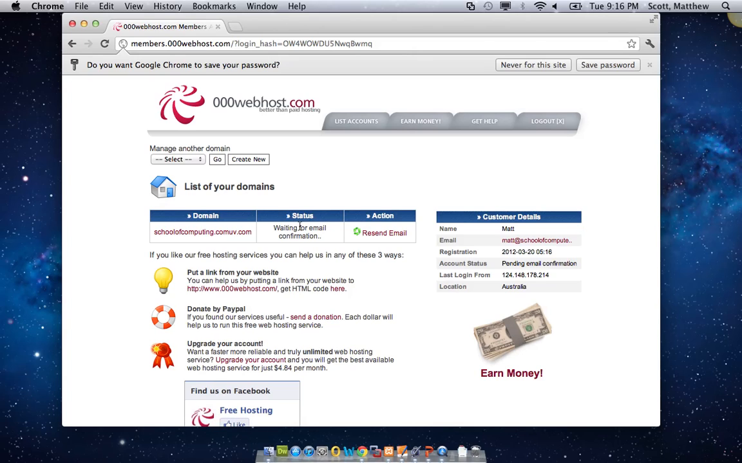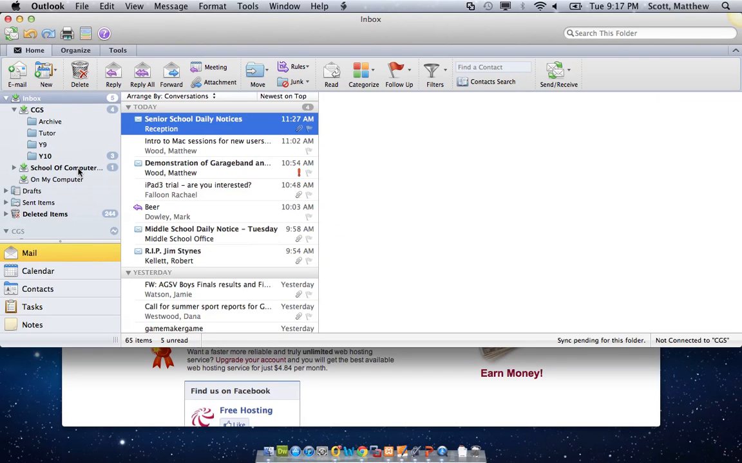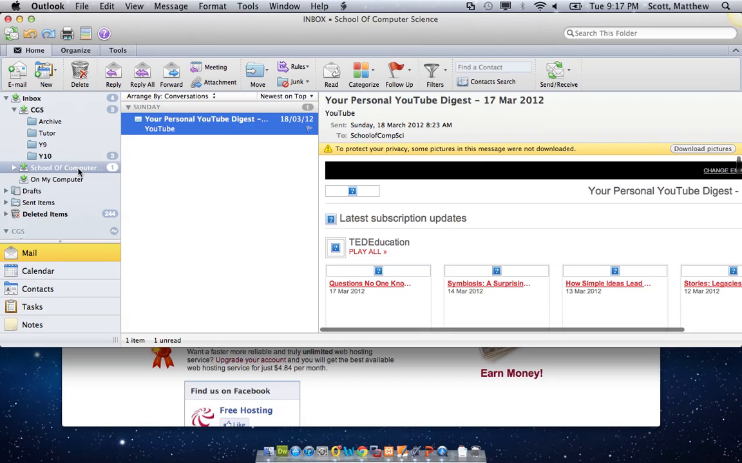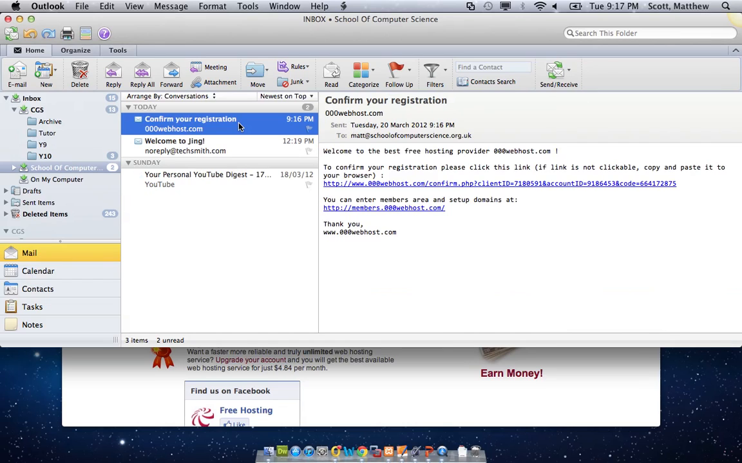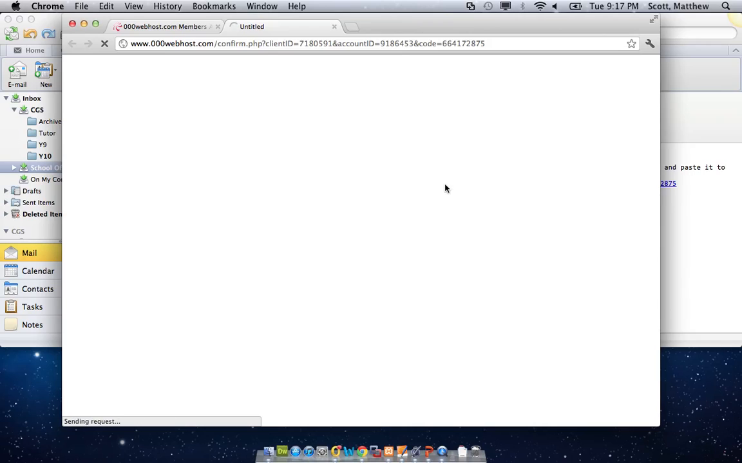And so what that's going to require me to do is go to my email address and just check to see if they've sent me an email, and then click a link on that. So I'll do that now. Open up my Outlook, go to my School of Computer Science account, maybe send and receive, see whether they've sent it. Good, and it's here. So on here it says welcome to the best free hosting provider, and to confirm your registration please click the link. So I click that,